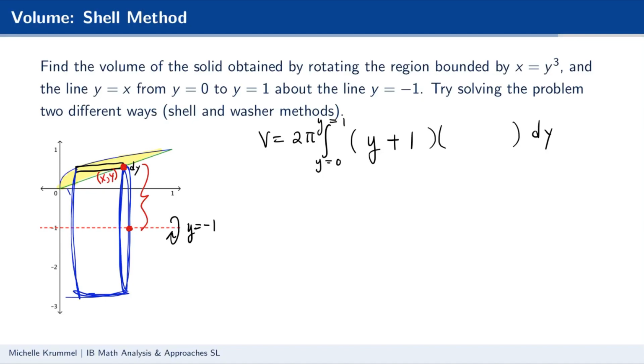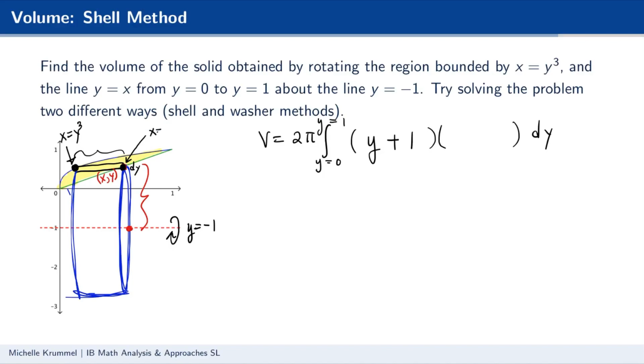Then the height of my cylinder, now this cylinder is sideways, but the height of the cylinder would be that distance, and that's going to be the right x minus the left x. So we need that horizontal distance, and the right x is just the x value on this function, and the left x is just the x value on this function. So we're going to have to find expressions in terms of y. Well, we already know that right here, x equals y cubed. That equation was given to us. And then right here, sorry, this is getting a little bit messy, but that is touching the equation y equals